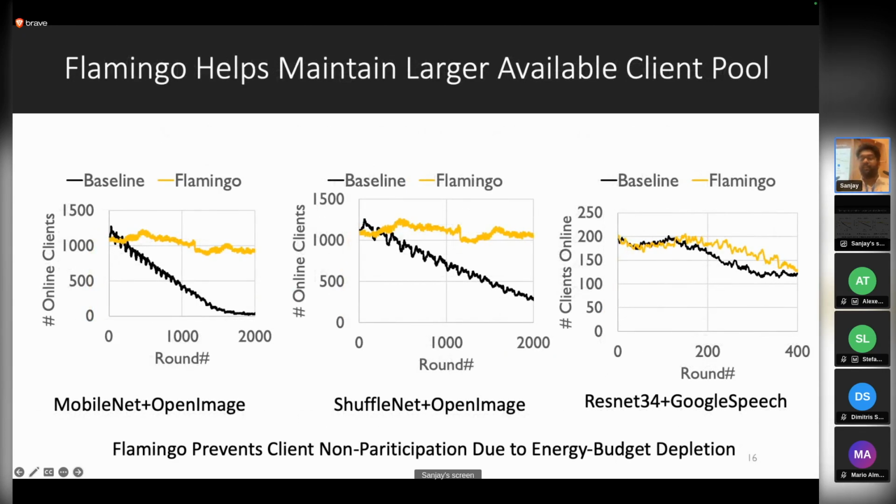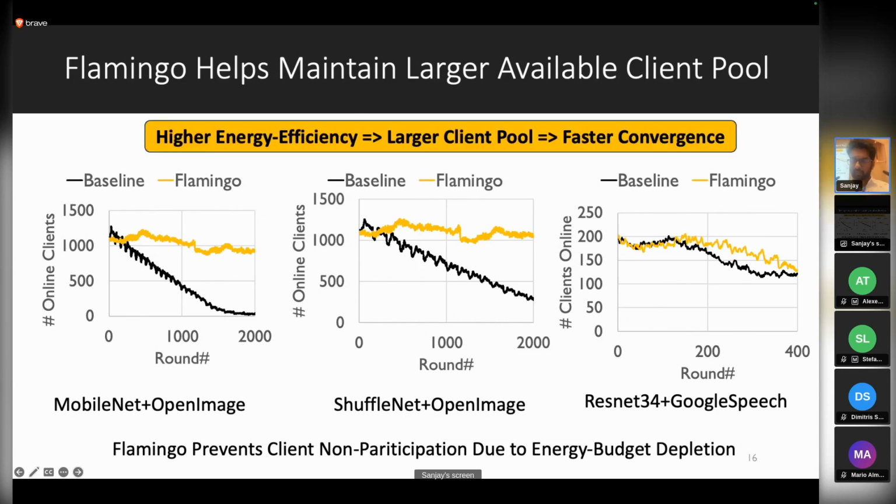Flamingo also helps maintain a larger available client pool. The energy efficiency gains in on-device training directly result in clients maintaining their energy budget, making it easier to find participants. It also results in better user experience since Flamingo prevents participants from draining their battery. The first and the second figure show the baseline actually reducing the number of available clients because their battery runs out and their energy budget runs out, and you don't want your federated learning application to drain your user's